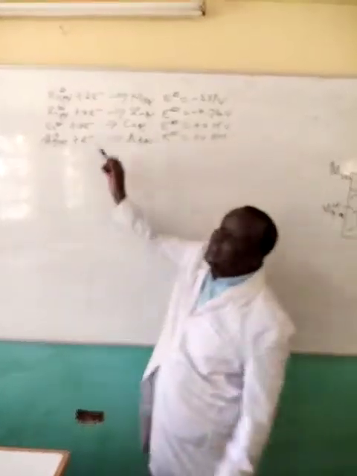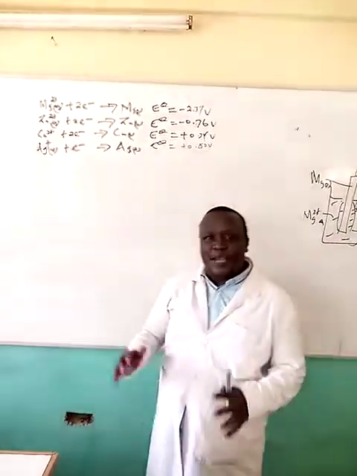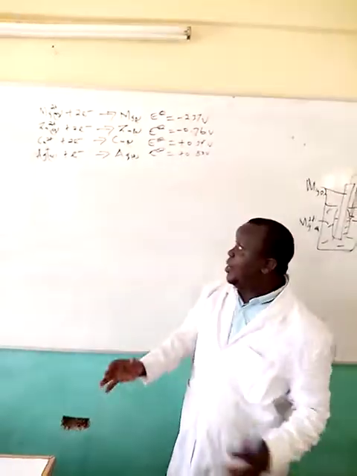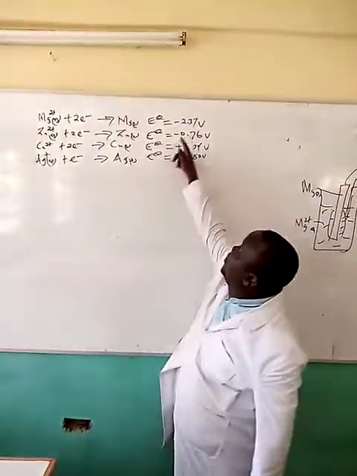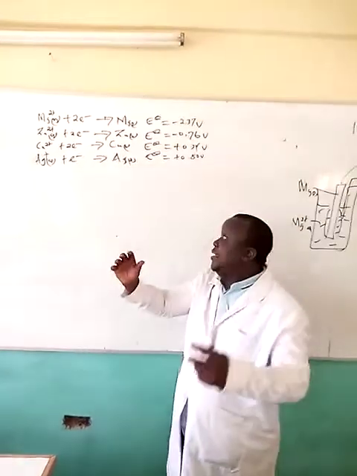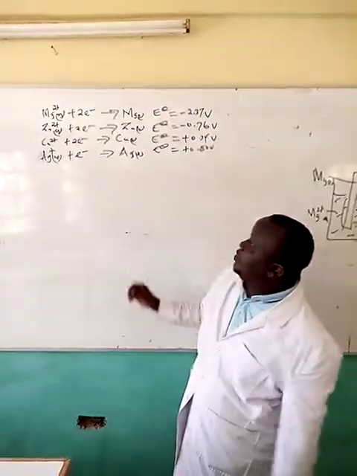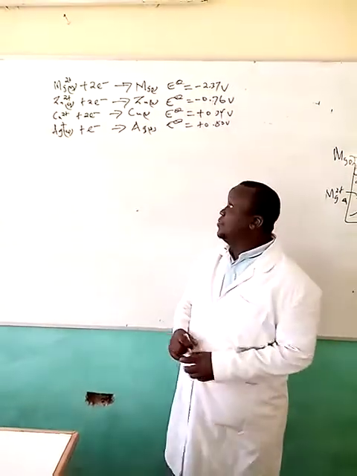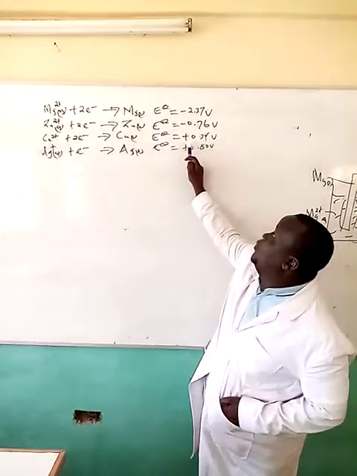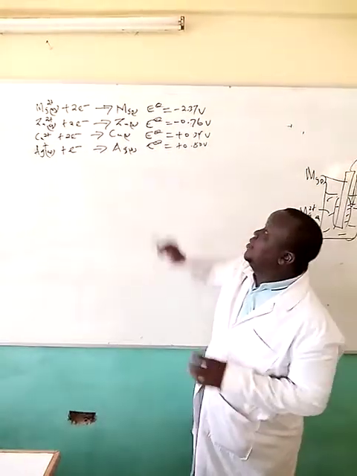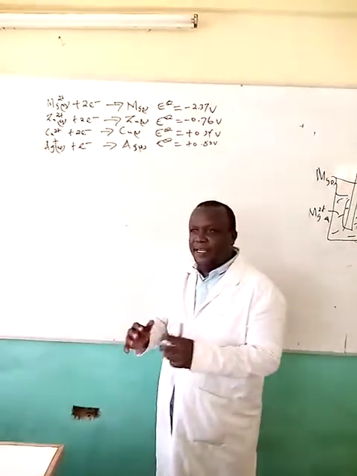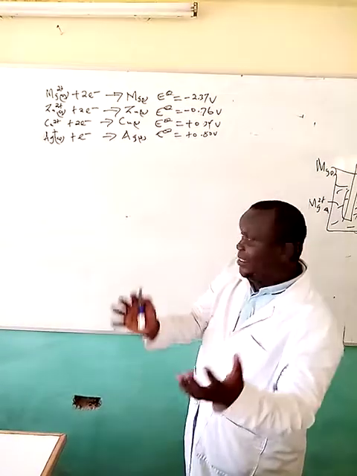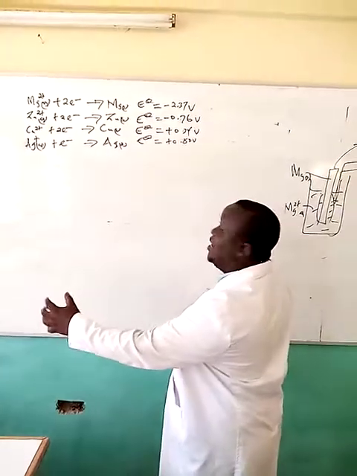For example, the zinc half cell, compared with the hydrogen half cell, is more negative because more electrons are filling up at the zinc electrode compared to that of the hydrogen half cell. The same applies to magnesium. But copper, being below hydrogen in the electrochemical series, is assigned a positive value, because compared with the hydrogen half cell, it is more positive. Hydrogen half cell will now be more negative and will be placed on the left hand side.